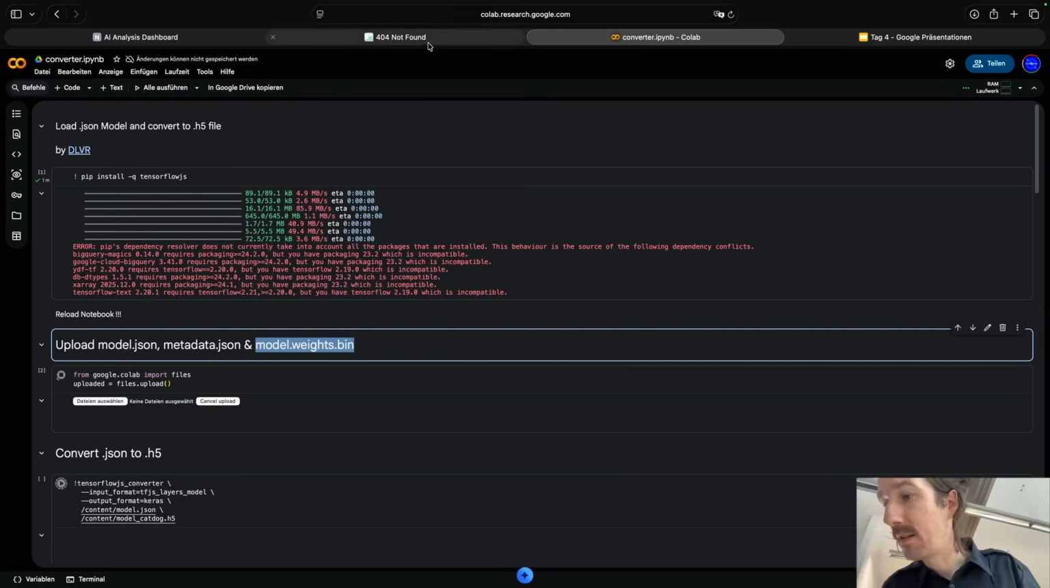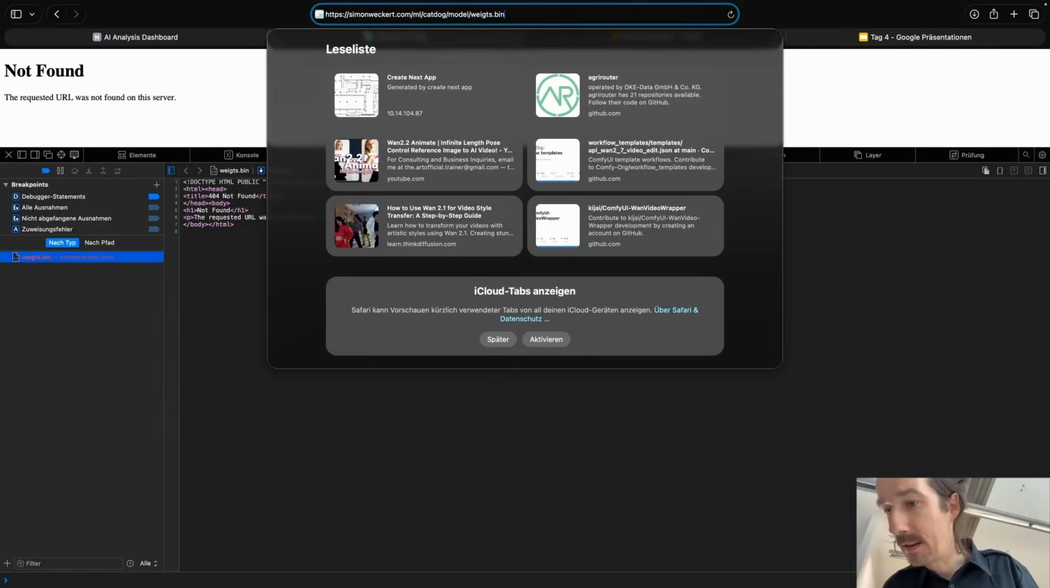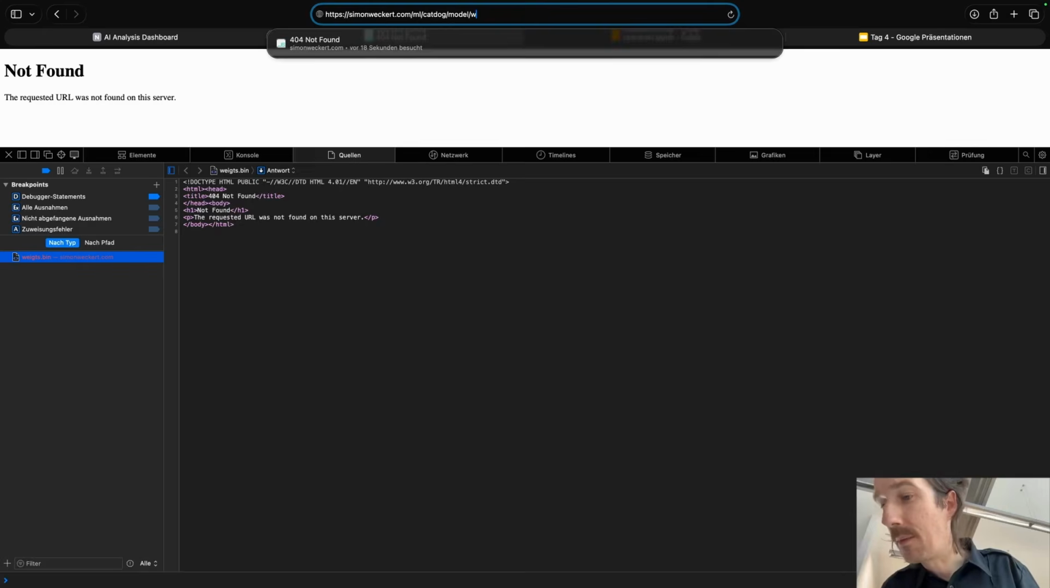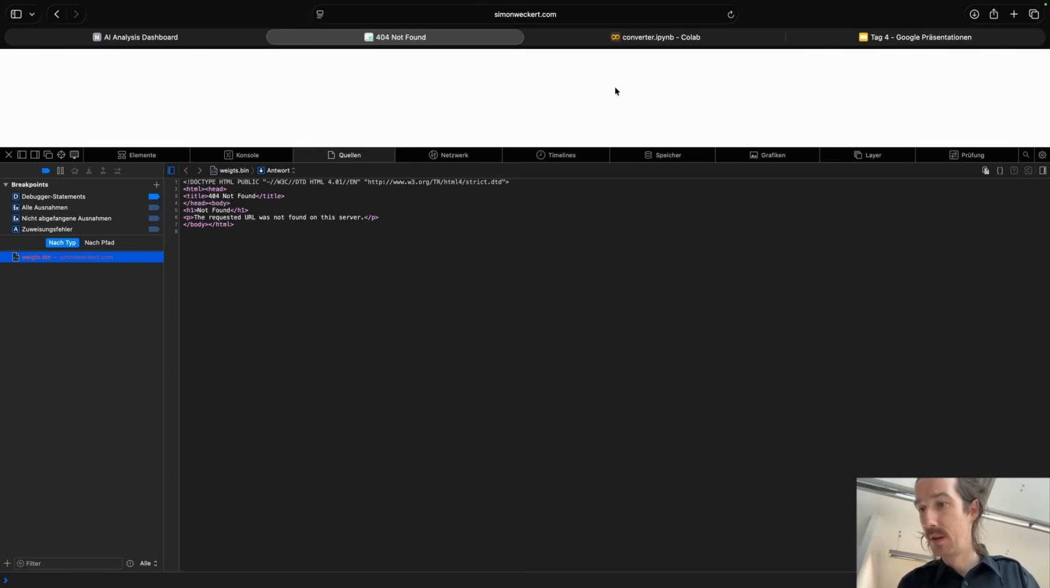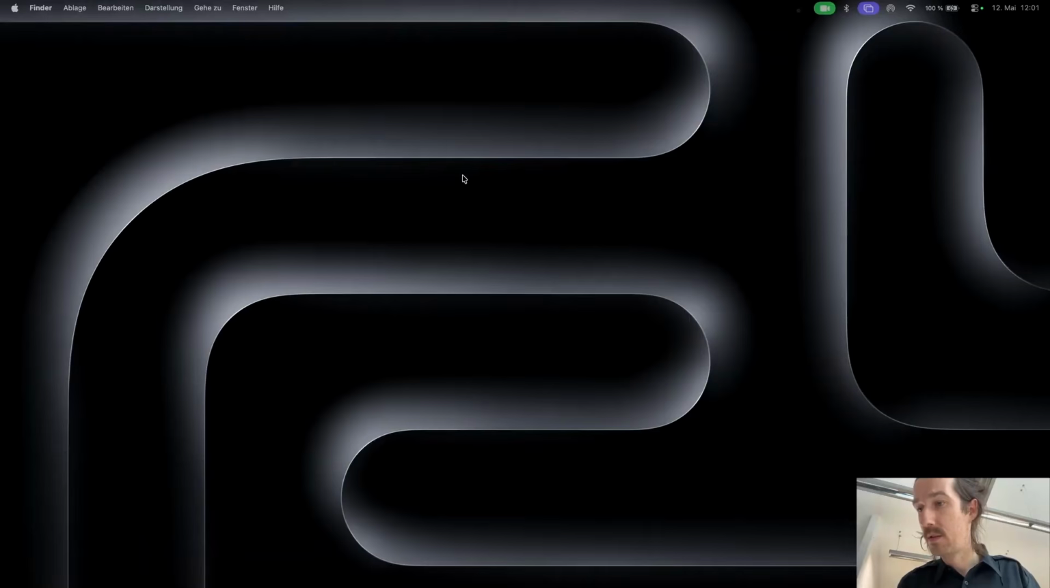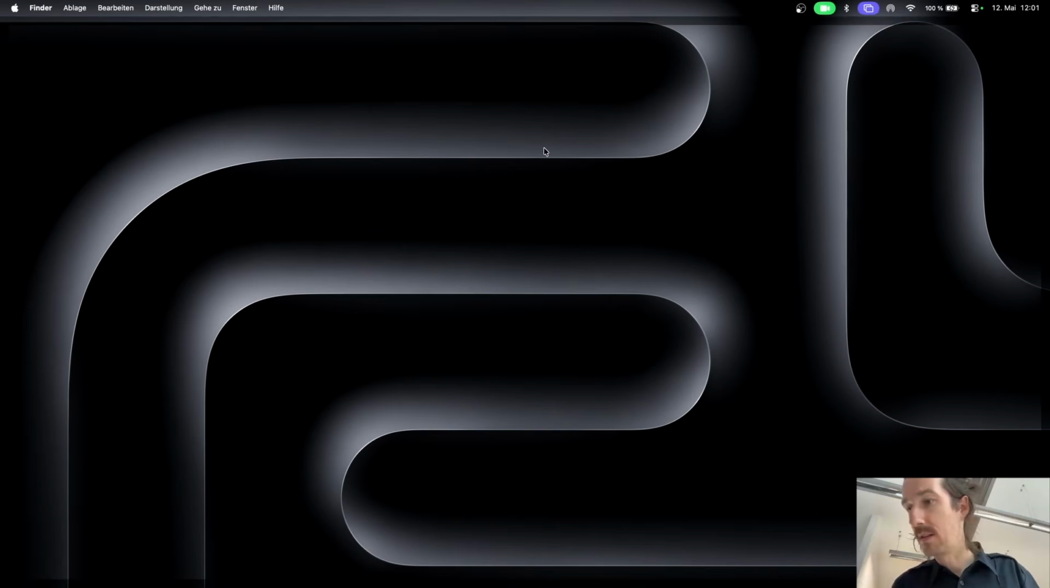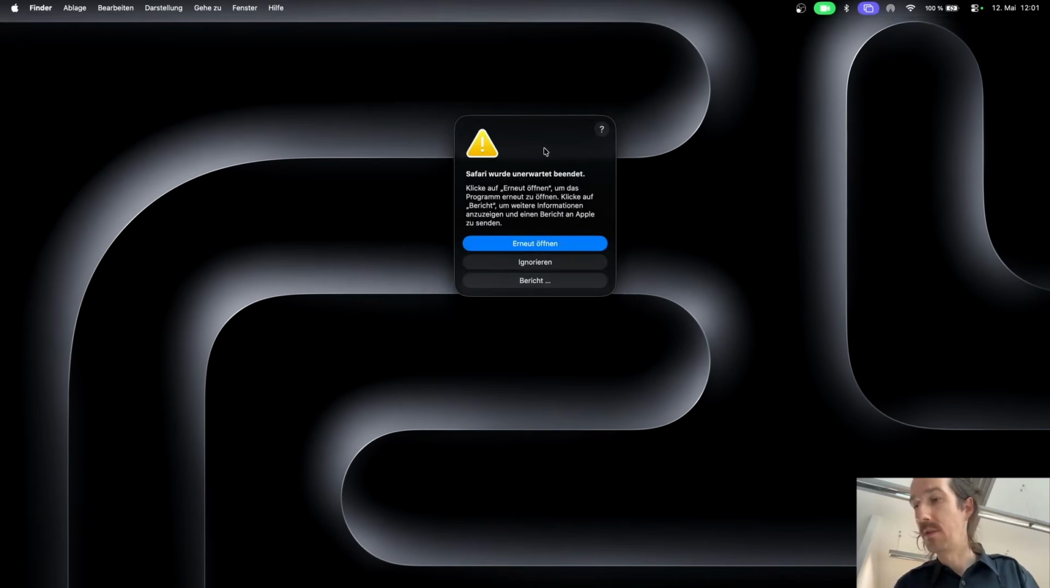No, couldn't find it. Let me check. I can't remember the exact name of it. Okay, this is the name of it: model weights and then bin. Just copy it over. Alright, and then this one also now downloads it. Once I have those files,